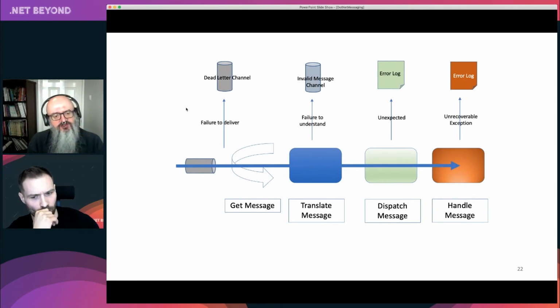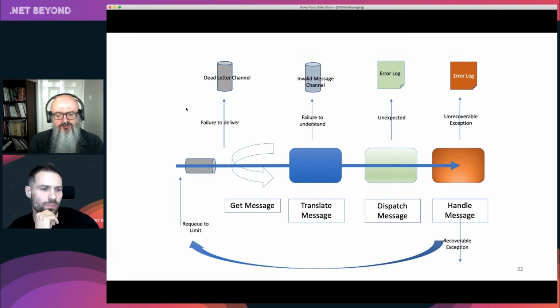But the interesting thing that messaging can do for us is that in some cases that error may be recoverable, because we think if we retry it, we may be able to get it to work later. So we're talking about some downstream dependency that's not available right now. Typically, we do a local retry first, but if that fails, sometimes we put that back on the message queue and handle it later.